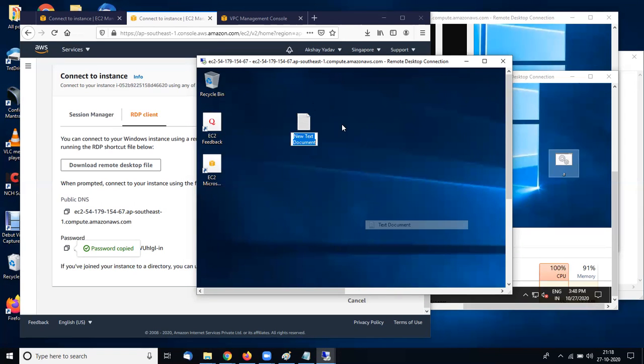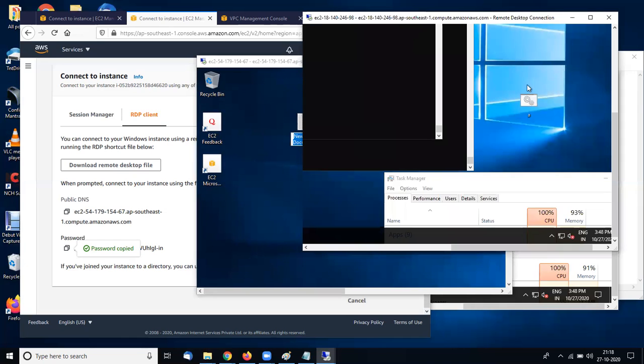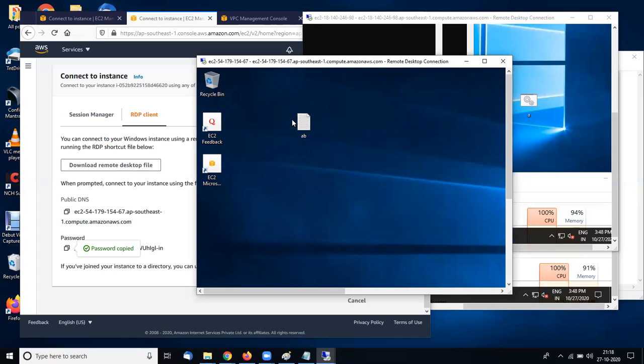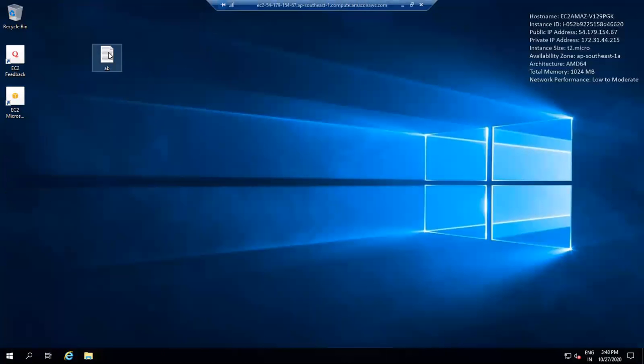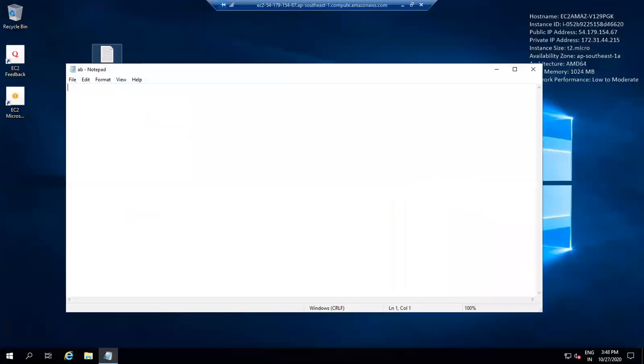So I'm creating a dot text file. As you see, CPU utilization is 100% and here is 100%, and I'm opening this file. So a dot bat, and save as a dot bat.